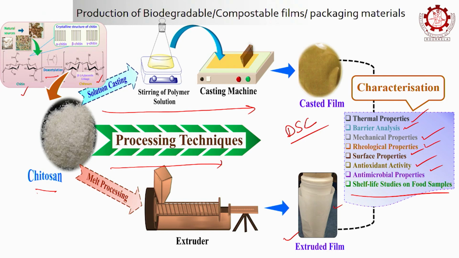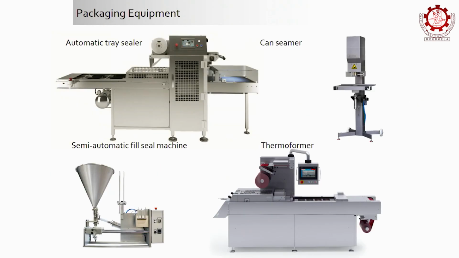So this is how we can make film. Once film is made, what is next? How do we pack it? Yeah. Some of this equipment you would have seen if you have visited any of the factories. This is the most common one, which is there in every lab, that is the can sealer,